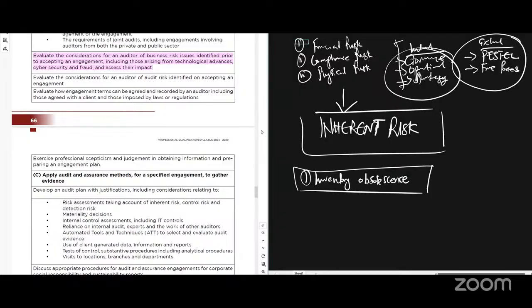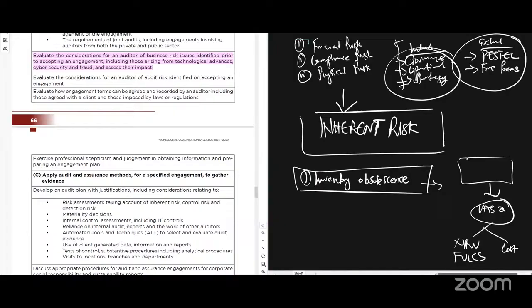You need this knowledge. Now, if I sell computers, new models of computers keep coming all the time. Every time new models keep coming, it could mean that the ones I have in stock may have become what? Obsolete. If I come to IAS, then IAS 2 will come into play, saying that we have to measure inventory at the lower of cost and NRV. Maybe, okay, let's forget that one.